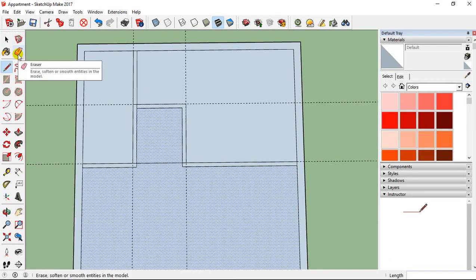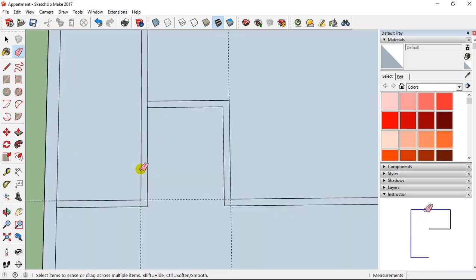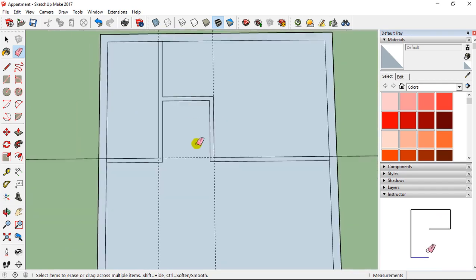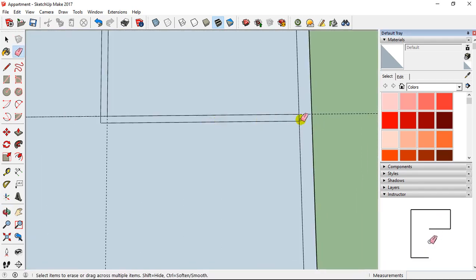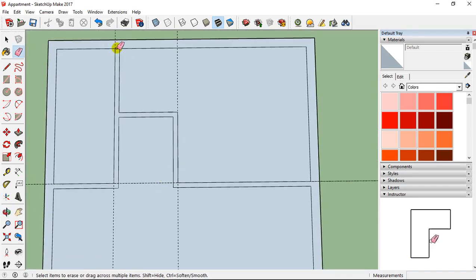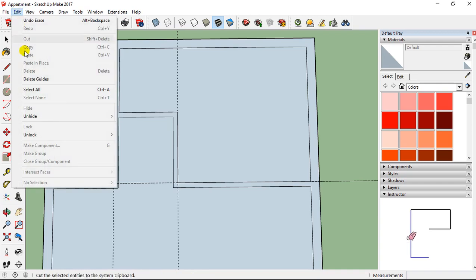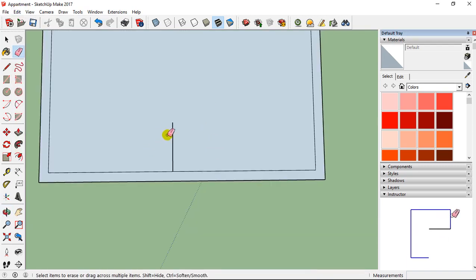Then I take the eraser tool and I delete the different edges that I don't want to keep. This edge, but also here this edge, and also here this edge like this, and here also this edge. Edit and delete guides.